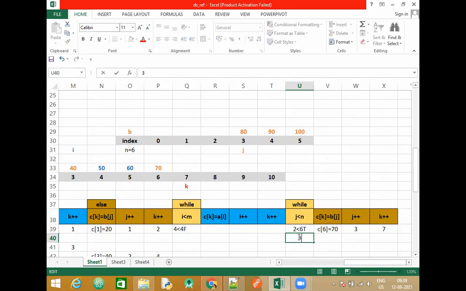3 less than 6. C of 7 will be equal to 80. This is going to be 4. So let me remove this element, put it in the array C, increment the value of k and also increment the value of j.